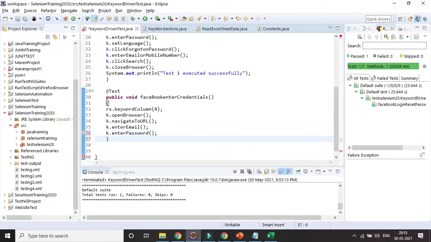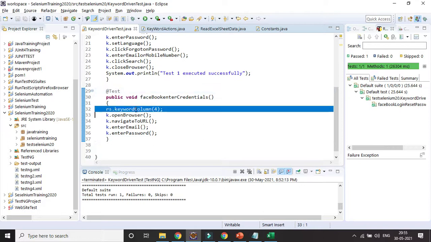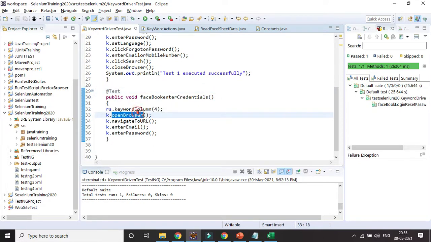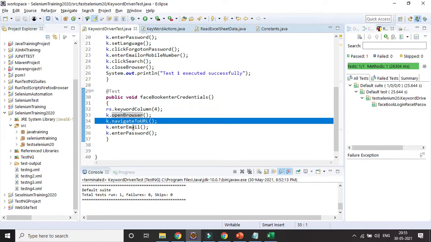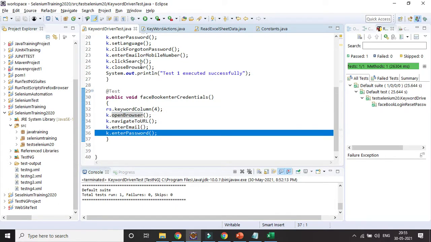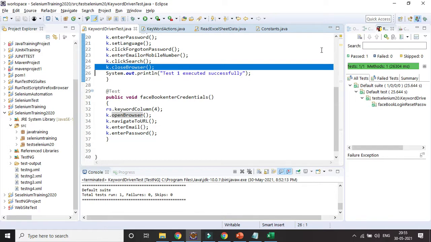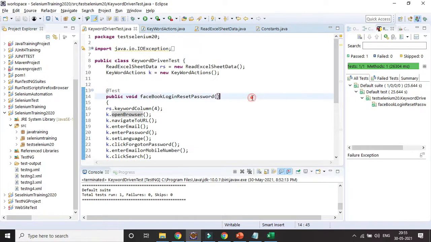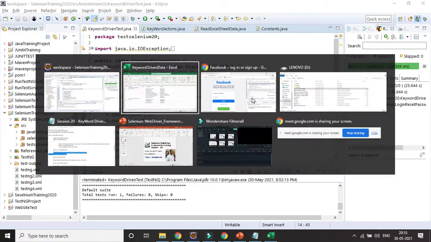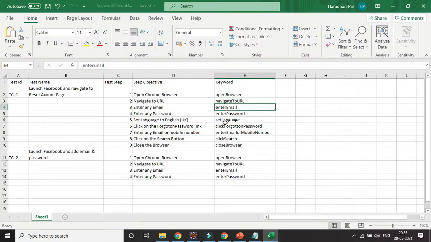Okay, so this is another test case I have written, where I want to validate that my page is opening or not, the URL is loading or not, the enter value is loading or not, the password is loading or not. So this is my one test case, and this is the other test case, right? So let's save the Excel. So I have added two test cases, but I am not adding any line of code.